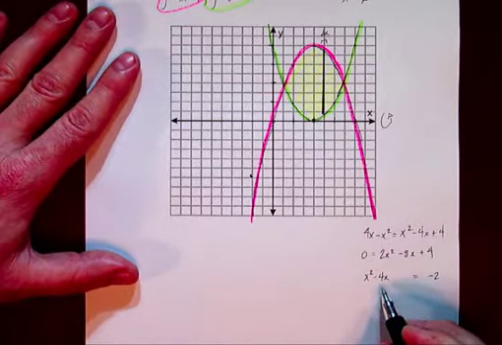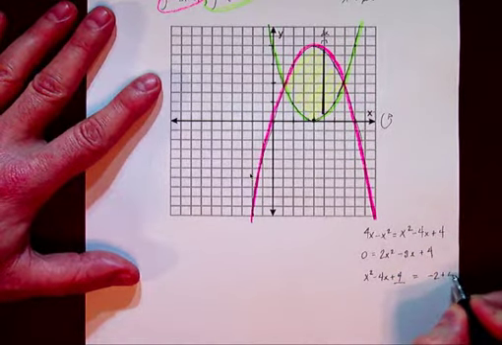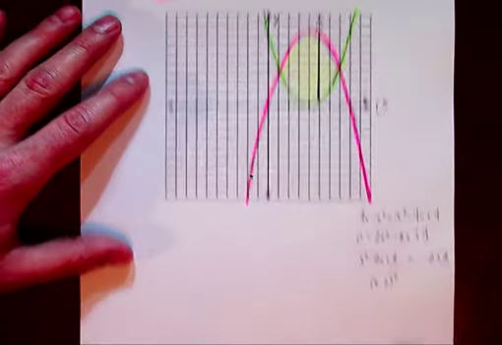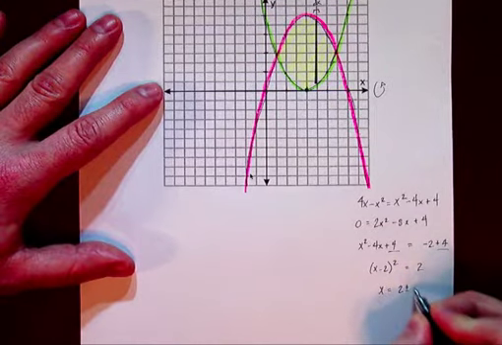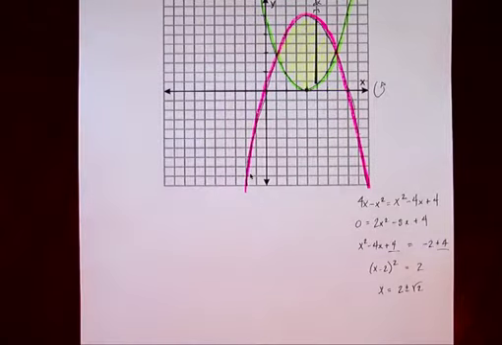And I know that by completing the square, I need to add 4 to this side and add 4 to this side. That's going to give me (x - 2)^2 = 2, and therefore x = 2 ± √2. Okay. Now, let's go ahead and leave them like that. We can actually plug it into our calculator in that way, or we can get a decimal approximation. We're obviously going to be using our calculator to find the actual volume,